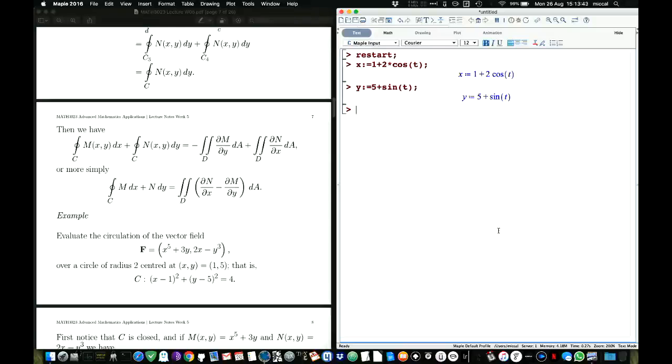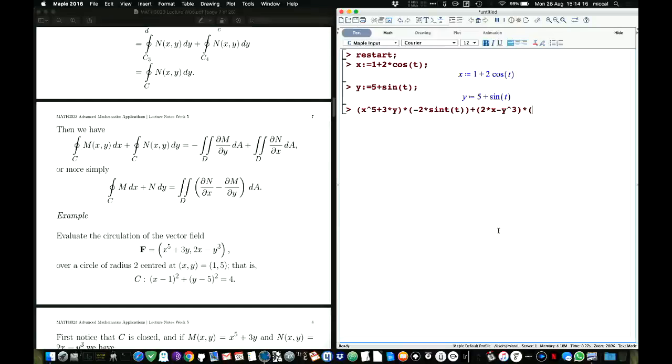Then you remember how we do it. I need the derivatives and evaluate f at all of these, right? So what I would have is the dot product. What f is, x component is x to the power of 5 plus 3 times y, the dot product with the derivative of 1 plus 2 cos of t, which is minus 2 times sine of t, plus the dot product of the y bits, which are 2 times x minus y cubed, times the derivative of the y bit,